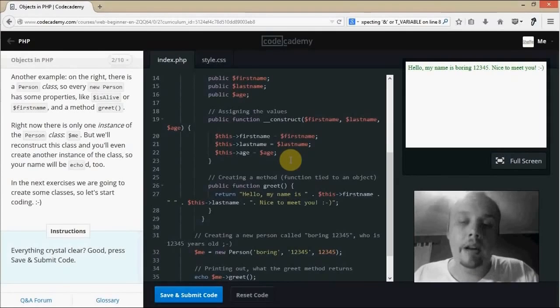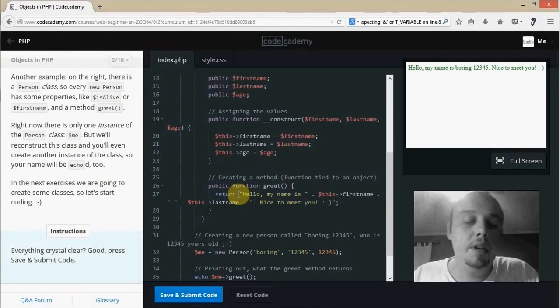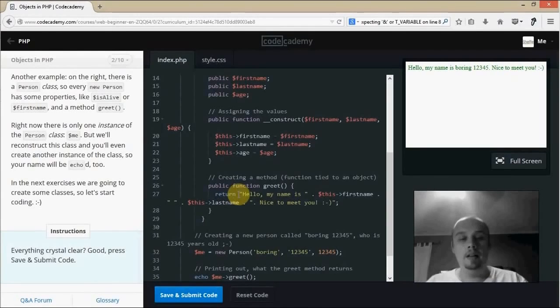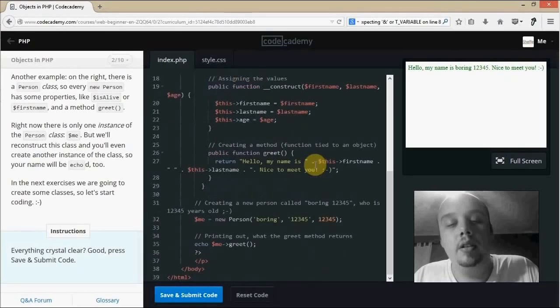Creating a method, a function tied to an object: public function greet. We have return, which renders the output but doesn't necessarily display it. So public function greet, return: "Hello, my name is " concatenate this first name, concatenate a space, concatenate this last name, concatenate ". Nice to meet you ;)"